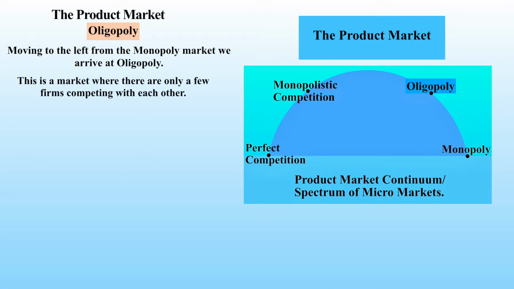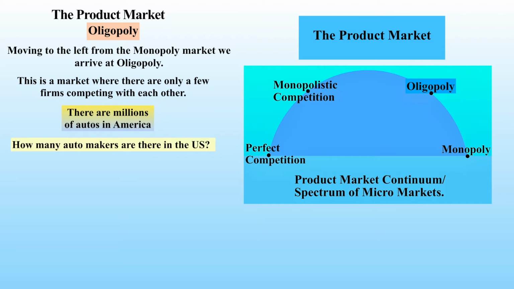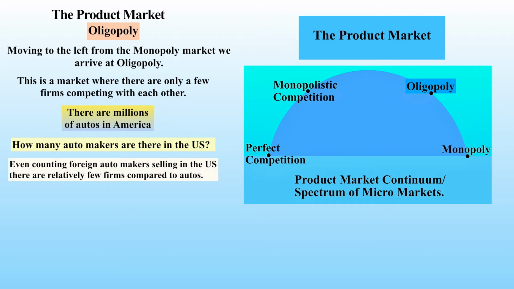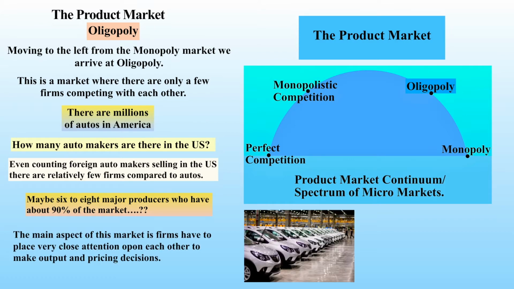This is a market where there are only a few firms competing with each other. There are millions of automobiles in America being driven around on our vast highway and road system every day. How many automakers are there in the U.S.? Even counting foreign automakers selling in the U.S., there are relatively few firms compared to autos. Maybe 6 to 8 major producers who have about 90% of the market. The main aspect of this market is that firms have to place very close attention upon each other to make